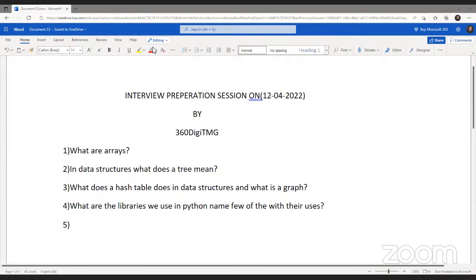Yeah. Now, as we look into this, we do have many libraries in Python. Some of the libraries are NumPy, Pandas, NLTK, TensorFlow. NumPy is used for scientific computations, Pandas is used for tabular data types, and NLTK is used for text pre-processing. TensorFlow is used for deep learning. sklearn is used for data modeling and pre-processing. So these were some of the libraries which we use in Python and their uses. As we jump into the next question,